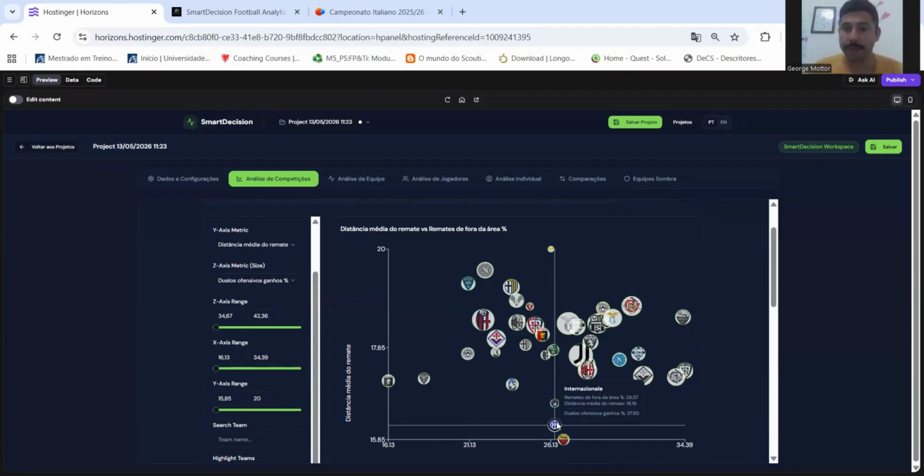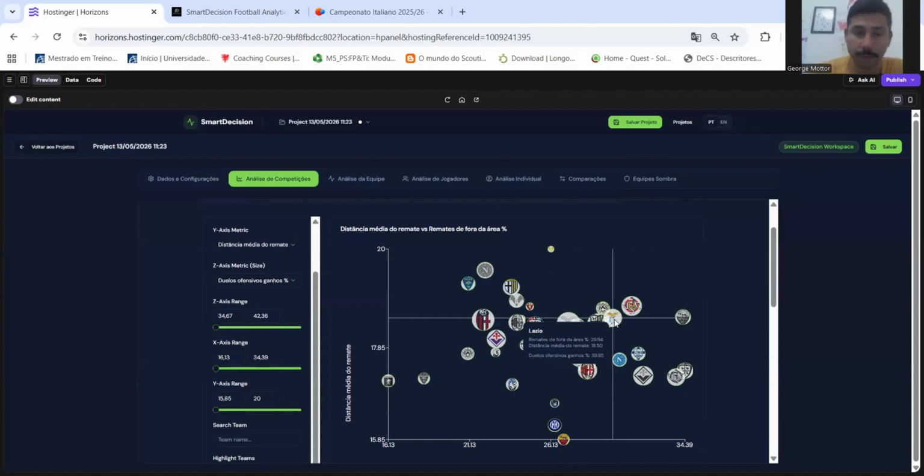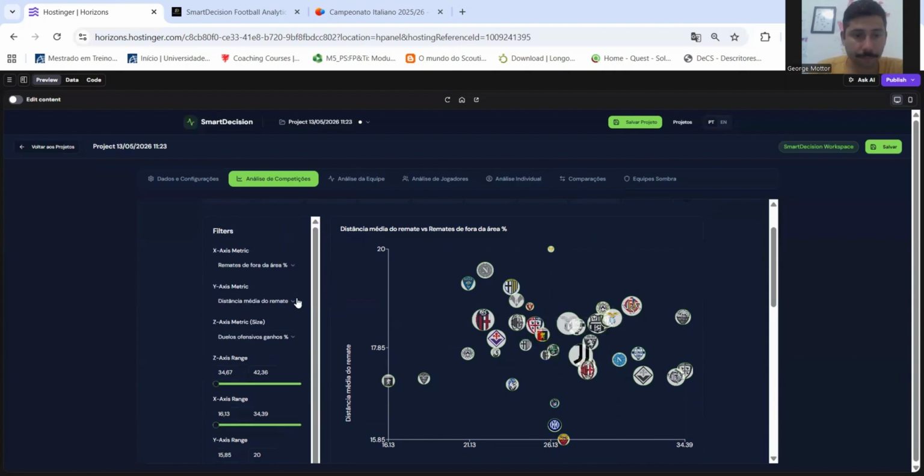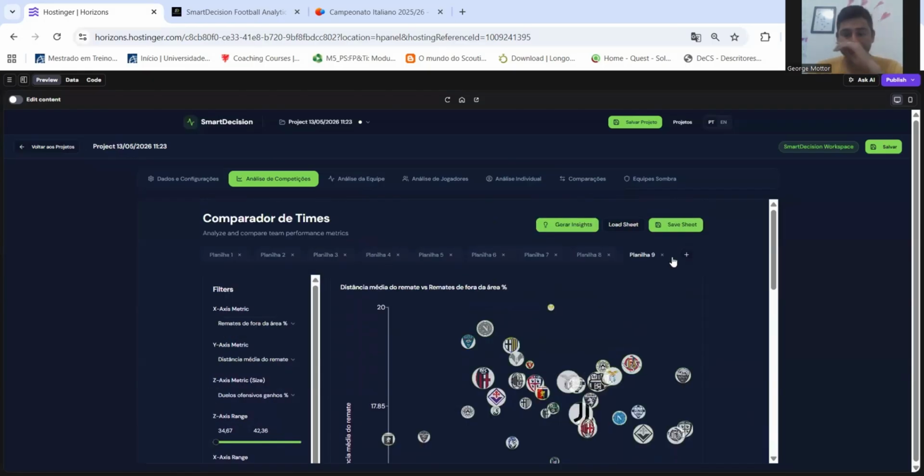So Lazio's average shot is a little high, okay? It's among the 4 highest here. Only Lazio, Cremonese, and Napoli are among them. So it's among the 4 that shoot from the furthest in the league. So we can already see that the expected goal isn't just because the ball doesn't reach the goal quality, because of the long range shots. So here we can already see that the attack is really lacking in these situations, and we can get there,